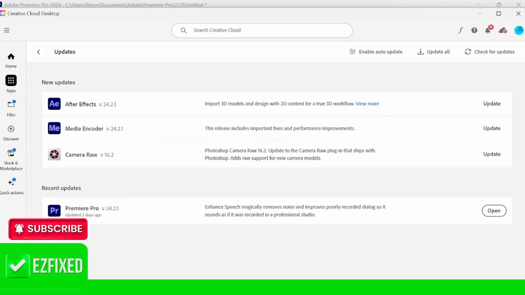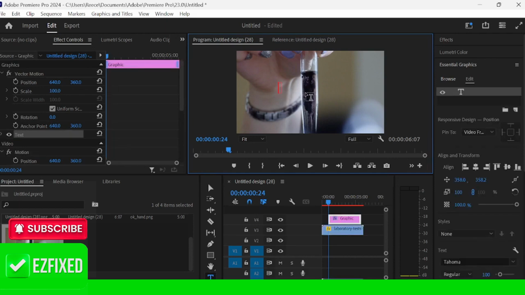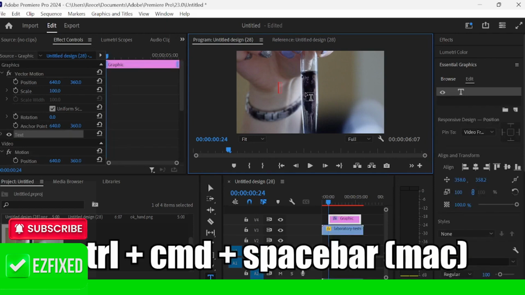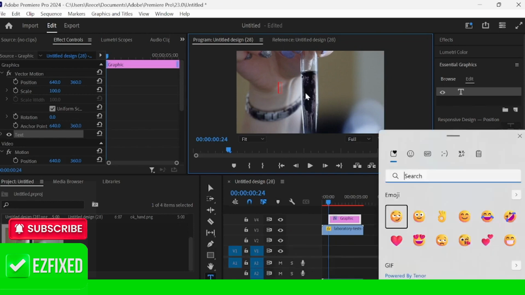So what you want to do is come over to Adobe Premiere Pro and create a new text layer. Now from here you want to press Ctrl plus Command plus Spacebar if you're using a Mac computer, or the Windows key plus period if you're using a Windows computer. And then from the screen you can select the emoji that you wish to use and it will automatically be